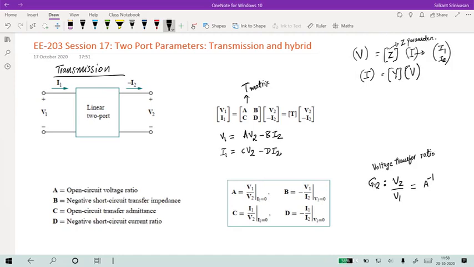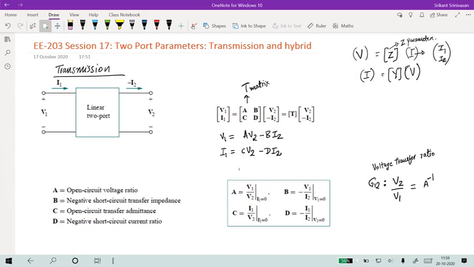Now, if you want to see what B is, then again in the same equation, since we have set I2 equal to 0, let's evaluate C also. C is I1 divided by V2. So C is I1 divided by V2 when I2 is 0. Normally when you are evaluating this equation, once you write it down, you first set I2 equal to 0. That eliminates B and D. Both of these go away. And then I can get the values of A and C over here. So A is V1 by V2 and C is I1 over V2, right?